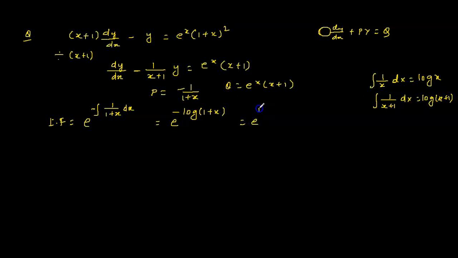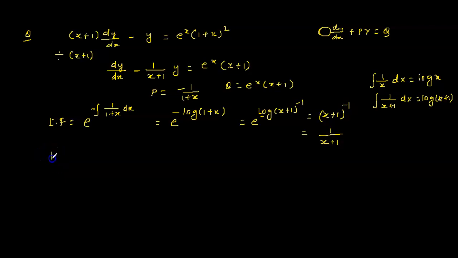Yes. So this minus I can write here: e to the power of log of (x plus 1) to the power of minus 1. Then this e and this log, the log and anti-log will cancel, so we will get just (x plus 1) to the power of minus 1. Also we can write that as 1 by (x plus 1), right? Yes, sir. So this step 2 is done.